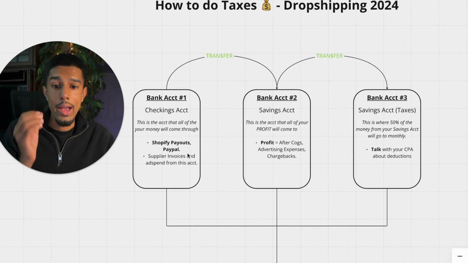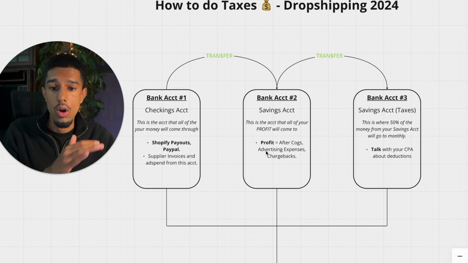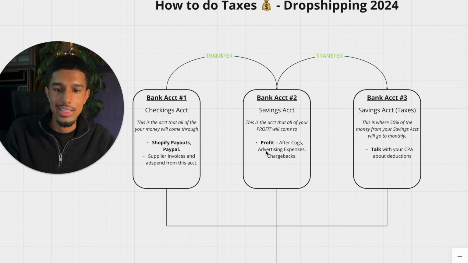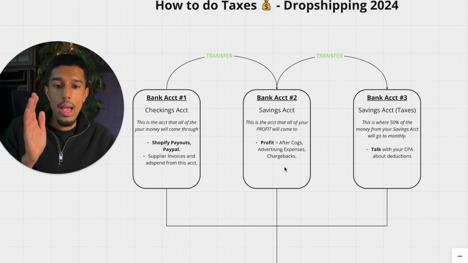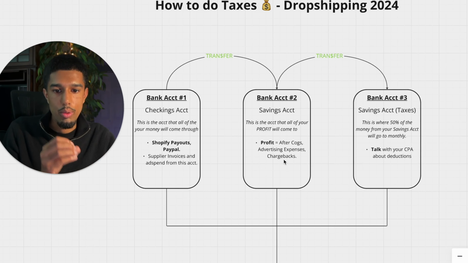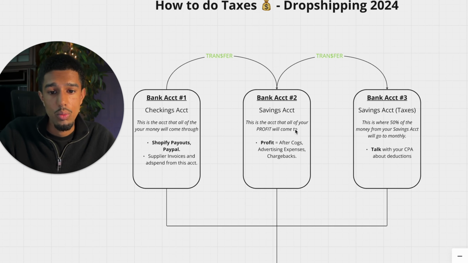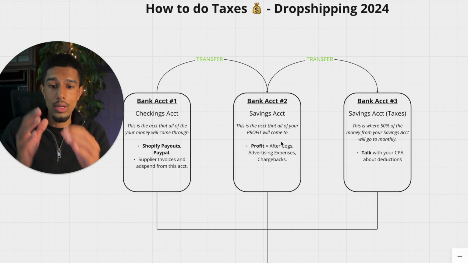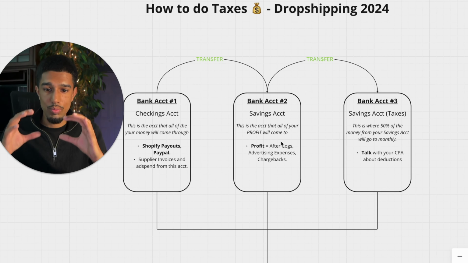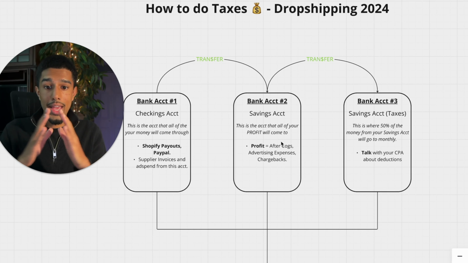Now, whatever profit you have, and by profit I mean after all COGS, which is cost of goods sold, advertising expenses, miscellaneous expenses, and obviously chargebacks and things of that nature, after all of that is taken out, that is what your profit is. Whatever that amount is will be transferred into bank account number 2, which is going to be a savings account. And the reason I do this is so that you can visually see how much money you have that is not